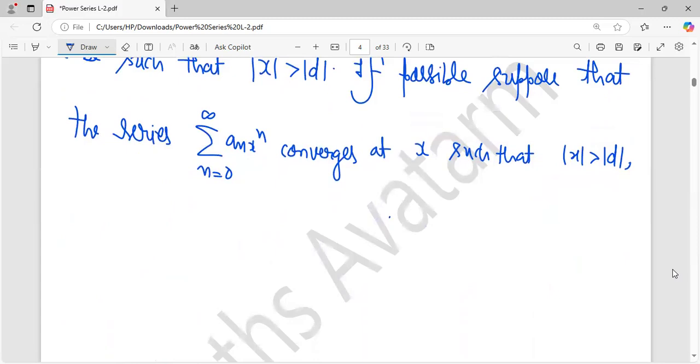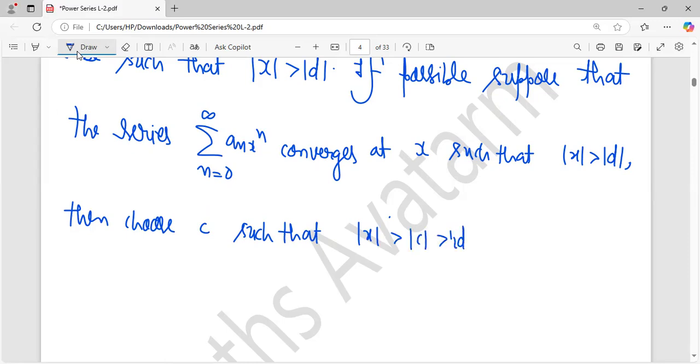Then choose x naught, then choose c such that we can choose this so that by part A,